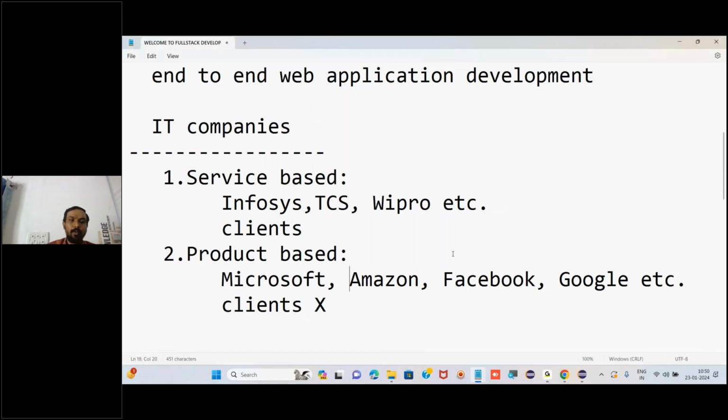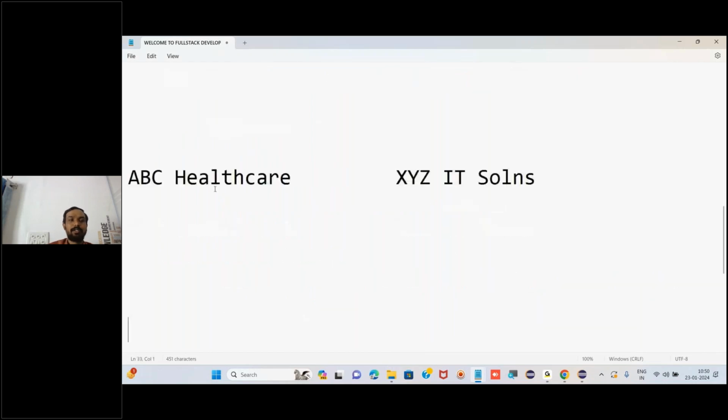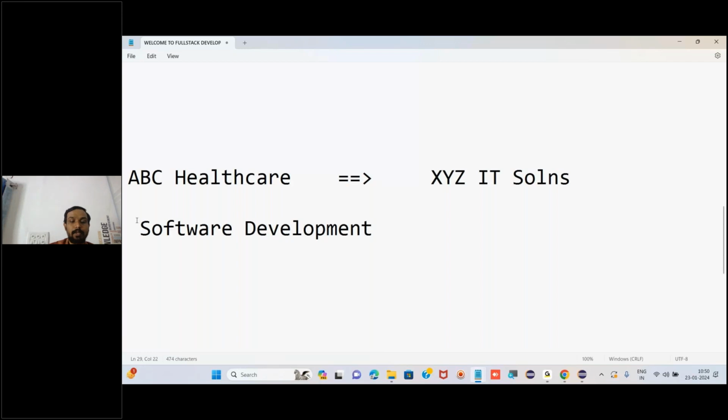Okay, fine. Now, what exactly will happen once these companies approach this particular IT company? There is a process which involves all the steps in the development of a particular product. That is called the software development life cycle. In that, so many steps will be there. The first step will be